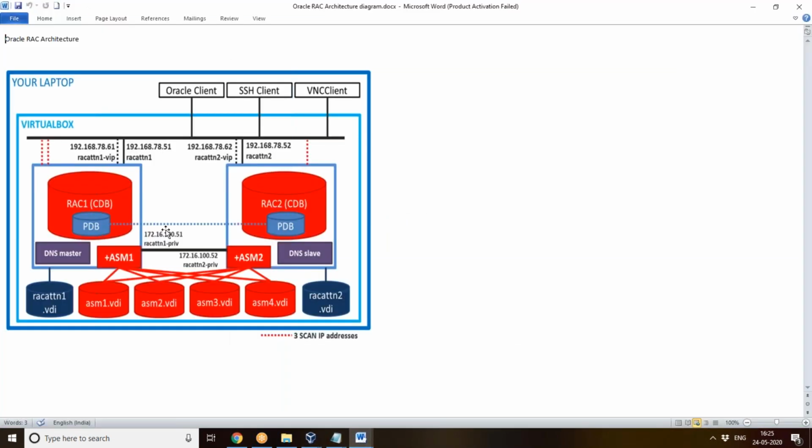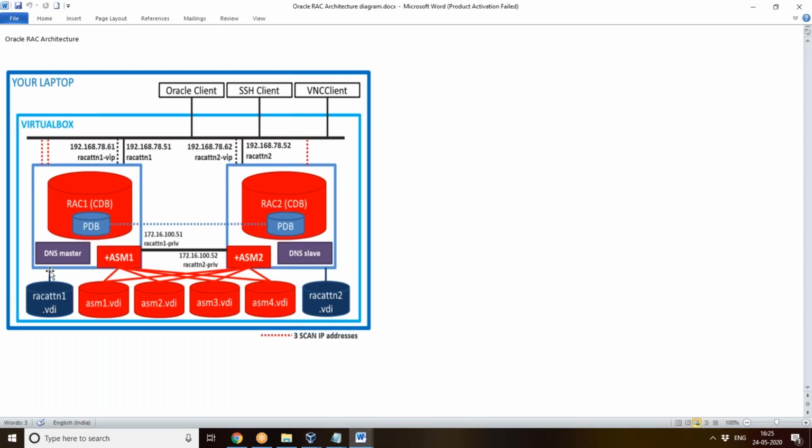Now, under each node we are creating 2 boxes. Okay, under each node, this is my one disk. The other one is one more VDI, that is virtual disk image. This is also a virtual disk image.